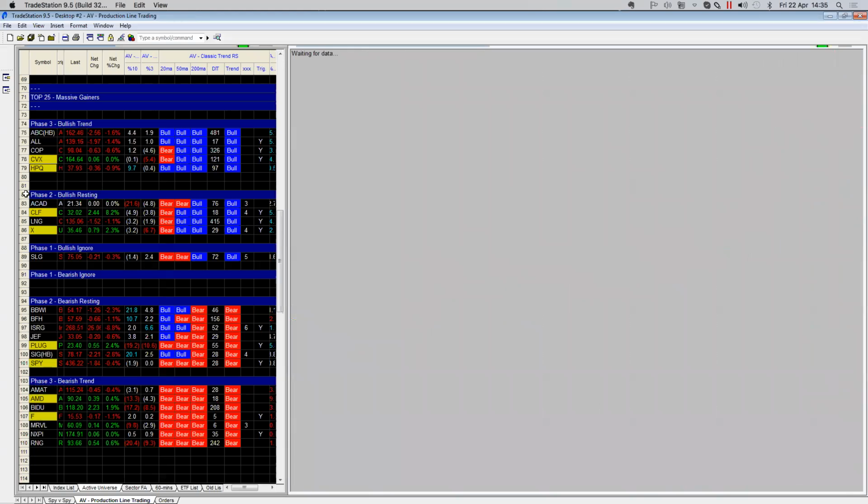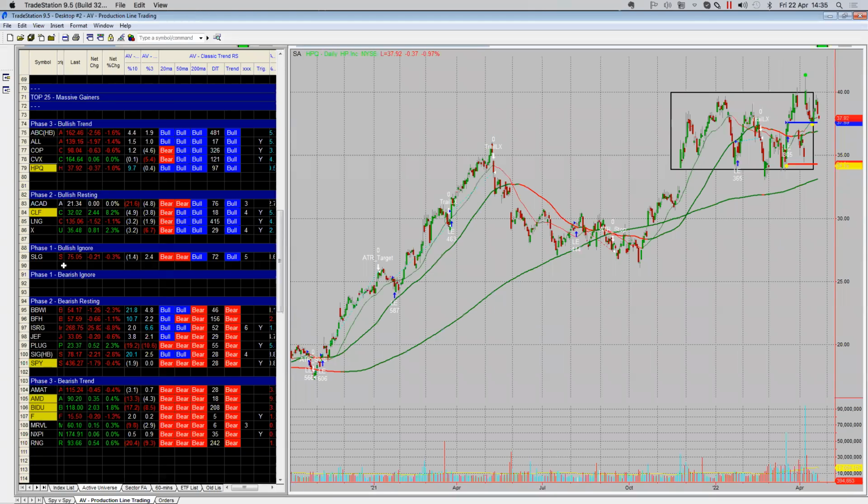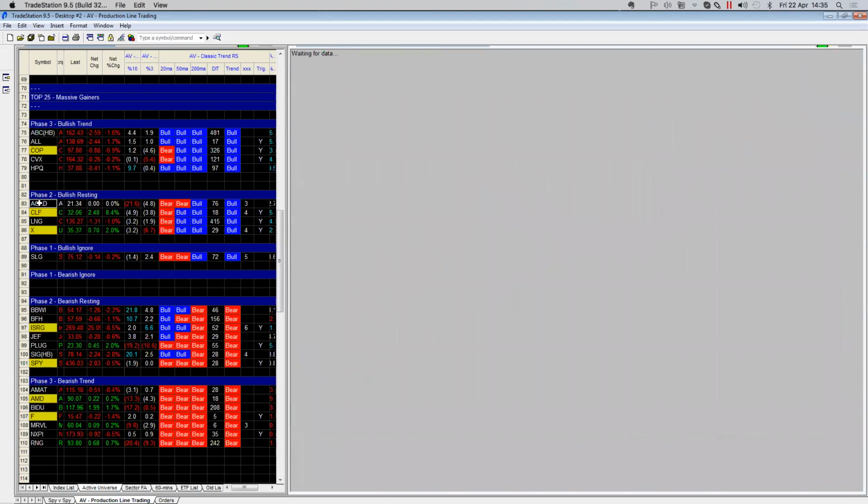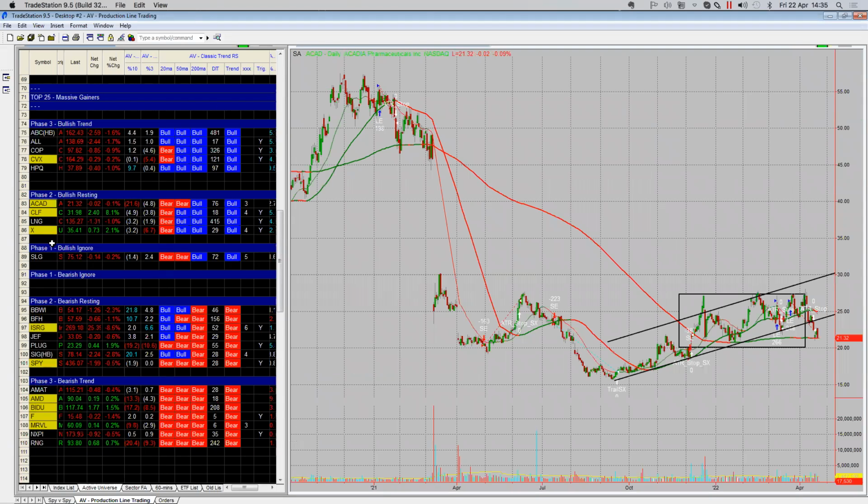HPQ, again, new to my universe that this is being promoted. Currently, I can see the algo has fired off a trade, a little bit of common sense. One of my other money-making patterns is to spot consolidations. I spent 12 years trading what essentially is various forms of consolidation. So I'm waiting for a breakout move there, and the algo doesn't take that into consideration. If you want to just trade through, that's cool.